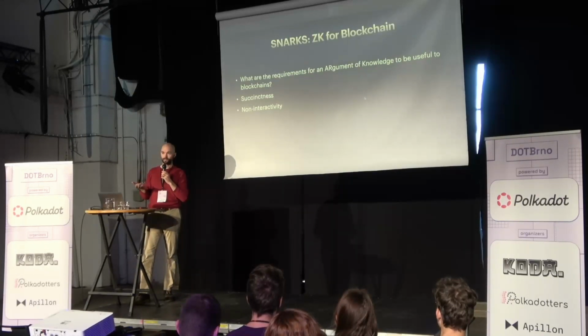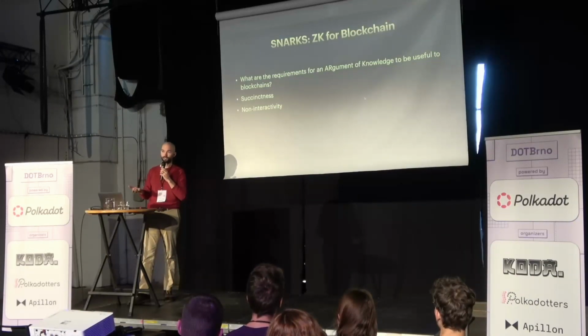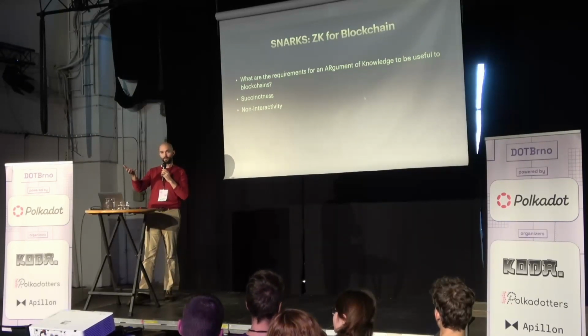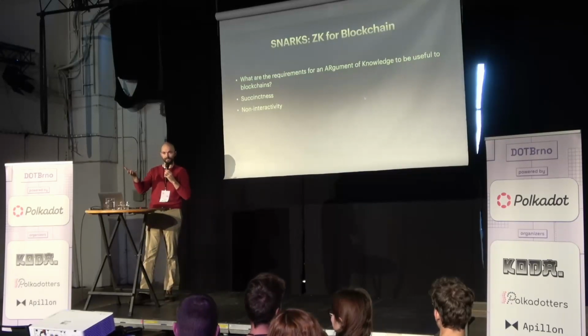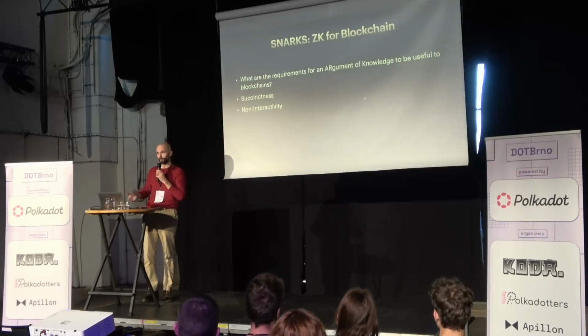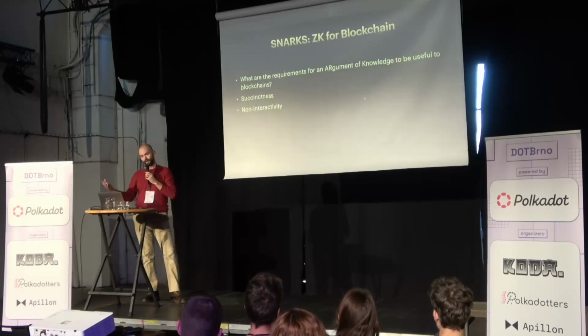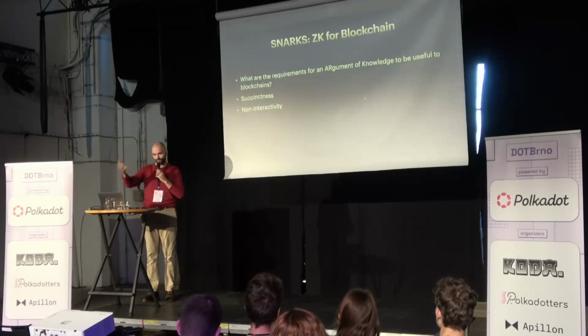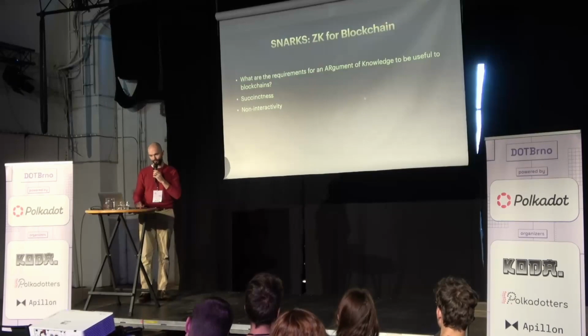We have to make our proofs succinct because the proof is going to go on-chain, and on-chain storage is expensive. The proof has to be quickly verified because on-chain computation is expensive, right? The proof is going to go on-chain, and that's a public ledger, and so the zero-knowledge property is essential because if your proof contains some secrets that you wish to hide, then it's obviously not appropriate to put that on-chain where the whole world can see it. And the non-interactivity is, again, the blockchain: you don't want to have to ask for messages from a chain. You want to post messages to a chain, right? So you, the prover, ought to send messages to the chain. So you would like non-interactive protocols.